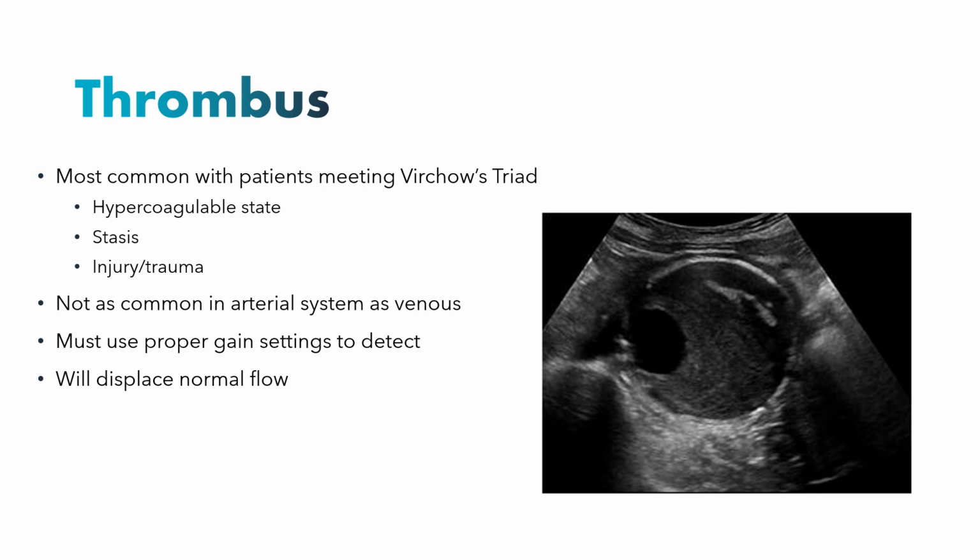Thrombus, like I said, is going to be less common in the arterial system than in the venous system. We can use Virchow's triad to predict how likely a patient is to be affected by thrombus. Usually somebody affected by thrombus is going to meet one or more criteria of Virchow's triad. Virchow's triad states that a person in a hypercoagulable state, either due to genetics or some other circumstance, cancer, something like that,